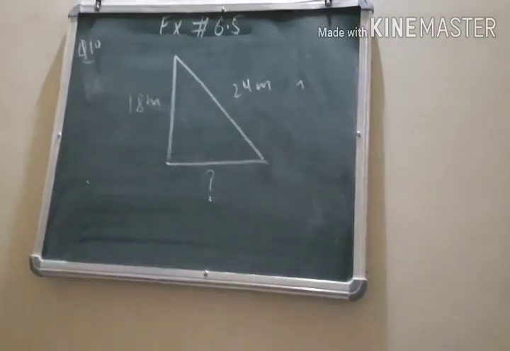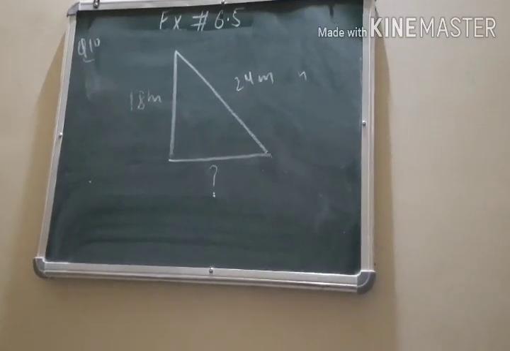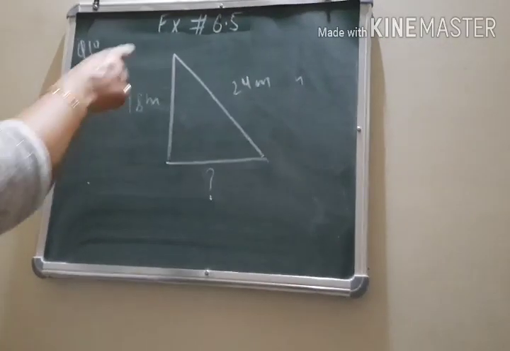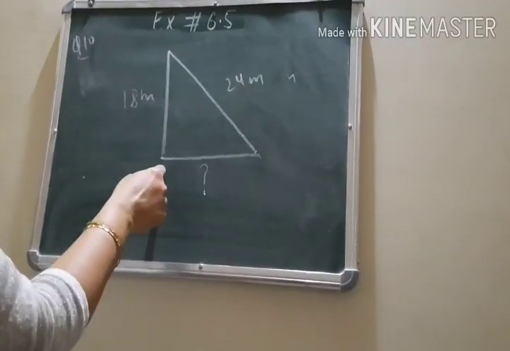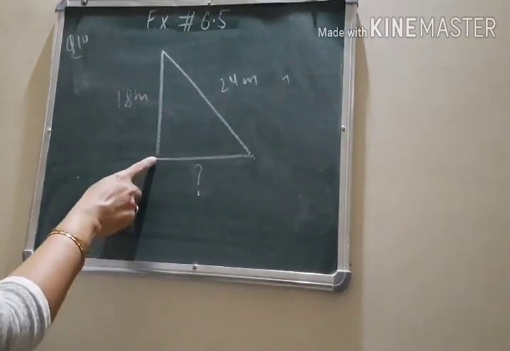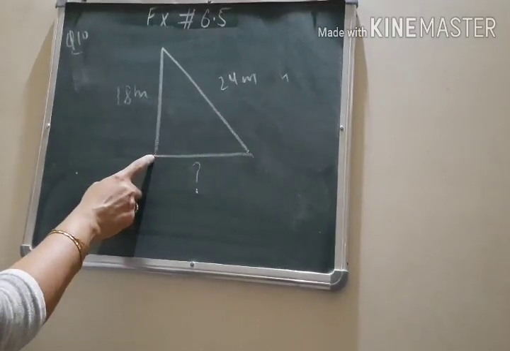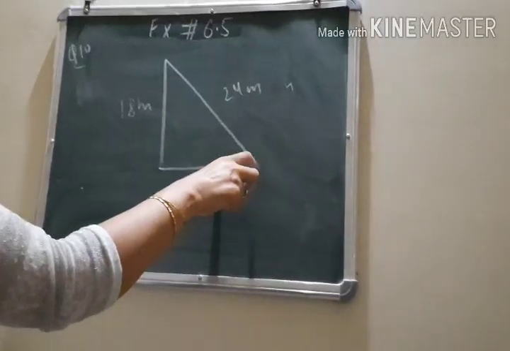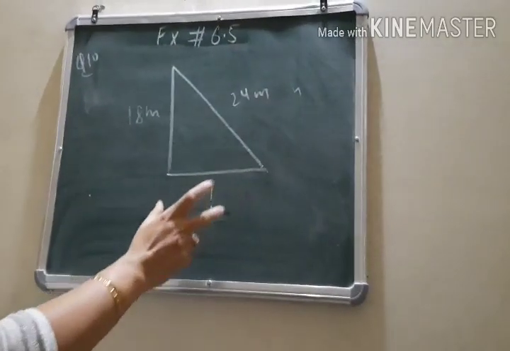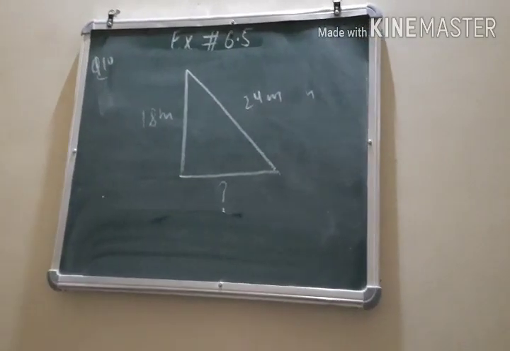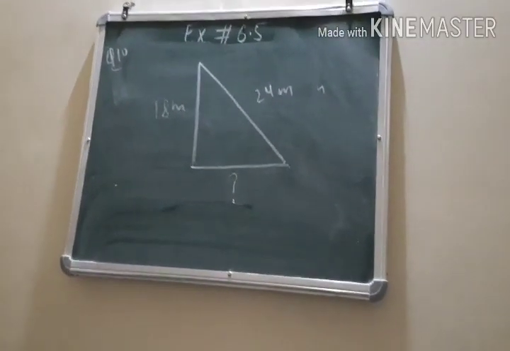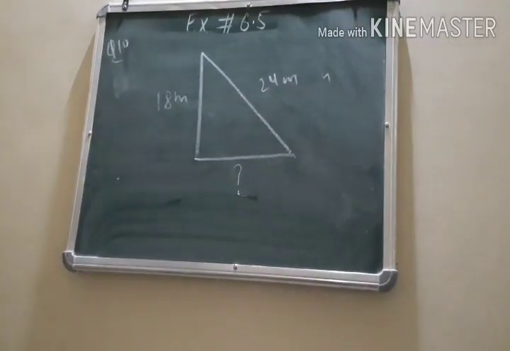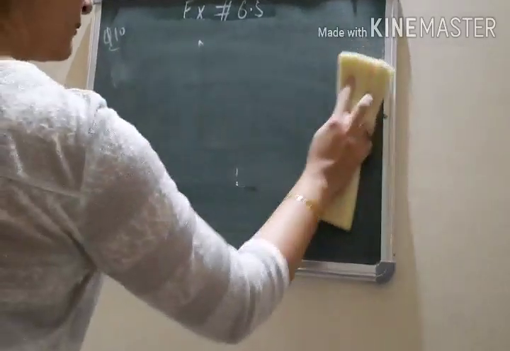A guy wire attached to a vertical pole of height 18 meters is 24 meters long. This is 24 meters long. The pole is 18 meters. How far from the base of the pole, this is the base of the pole, how far should the stake be driven? Where should it be joined at the other end so that the wire will be taut? That means it should not have any slack. So this is what you have to find. Again apply Pythagoras theorem and solve it. Next is question number 11.